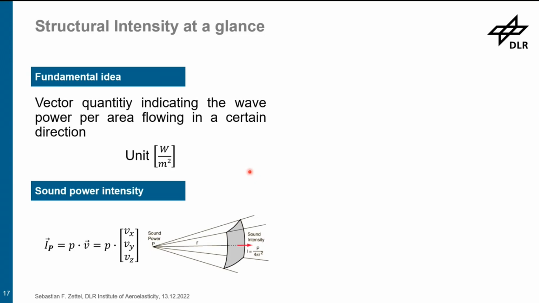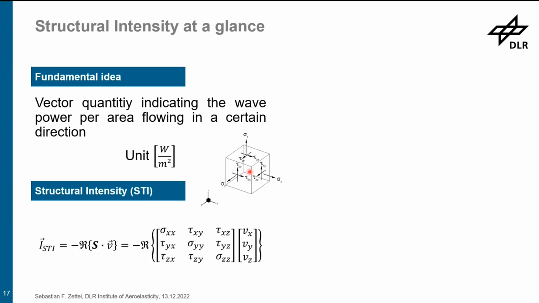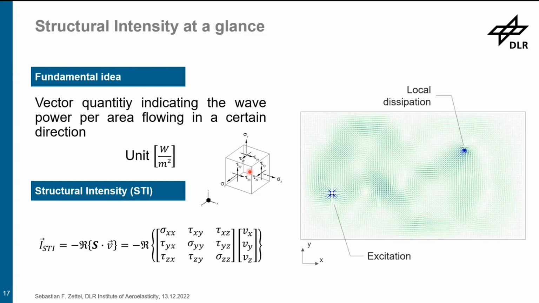But in the case of the structural intensity, we not only use a simple scalar pressure value, but the full tension tensor, here for example for a material cube in 3D space. So we have 9 tension values we need to incorporate into the calculation for the structural intensity for a full material block. As an example of how these structural intensity fields look, here is a simple plate which